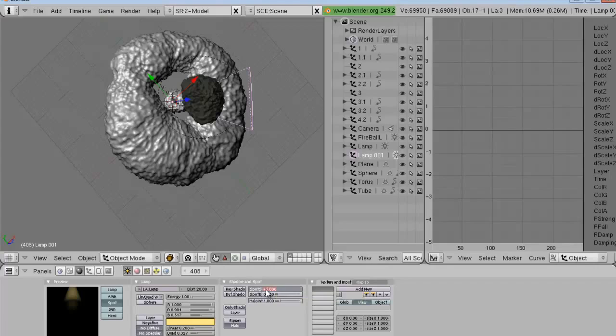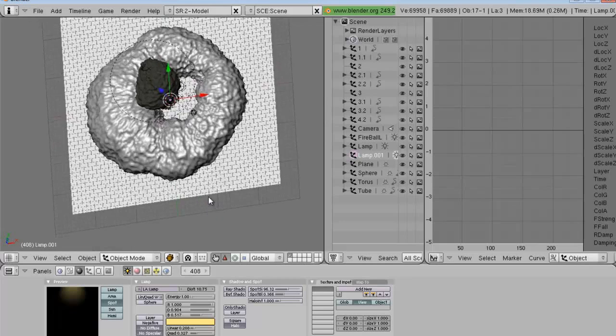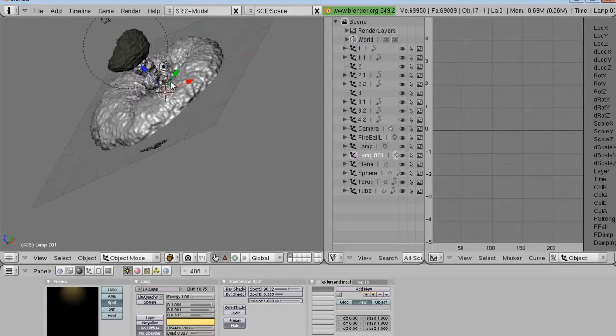And the spot size is 96.32 and the spot softness is 0.3866. Now, what else do we need to do? I think that's it. The distance is 10.75, but we can change that depending on how big we want the radius of the initial,